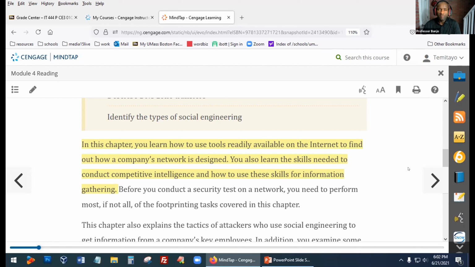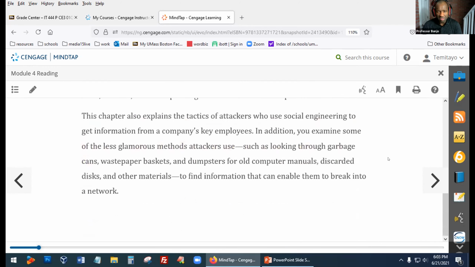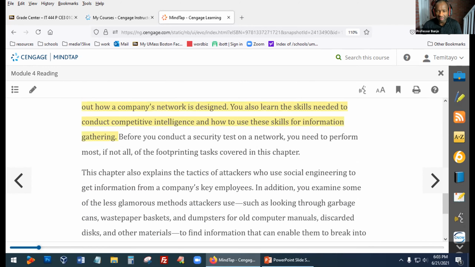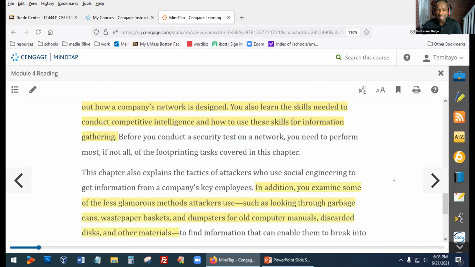Learning skills that an attacker might use to penetrate a system or to get information about an individual, about a company. And if we're aware of these tactics, then maybe we can be better prepared as professionals on the job. So some of the things we're discussing right here include the kind of things that people with ulterior motives will do.